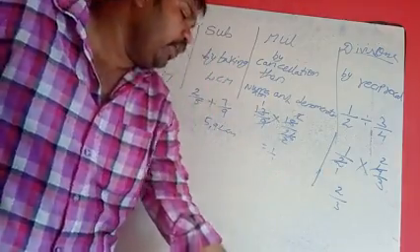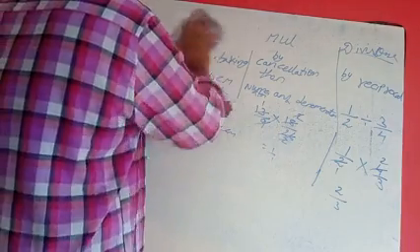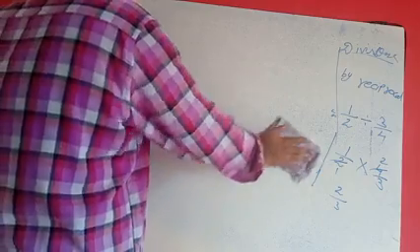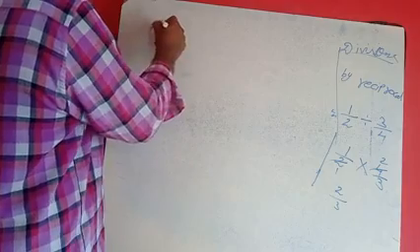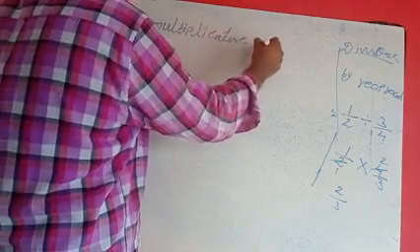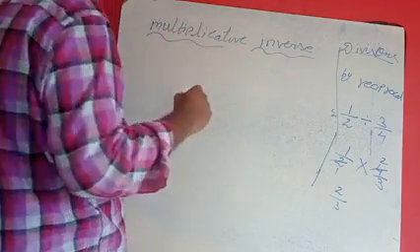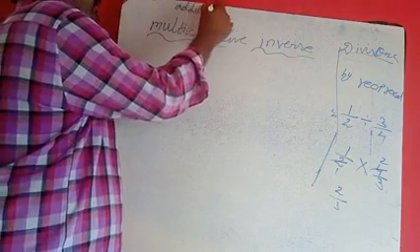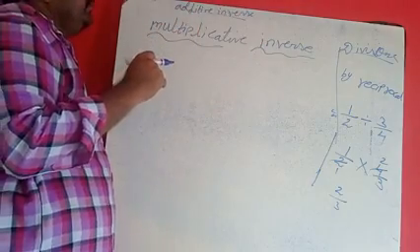Okay. There is another word for reciprocal, a new word we are learning in this class. In the 6th class also you learned this word, but we did not use it to do sums. In this 7th class we are using that word. In the previous class, I spoke about additive inverse and multiplicative inverse.